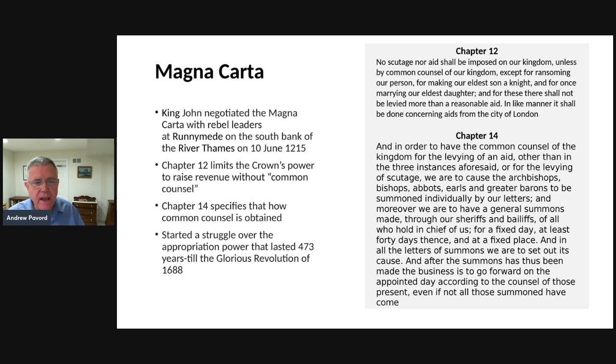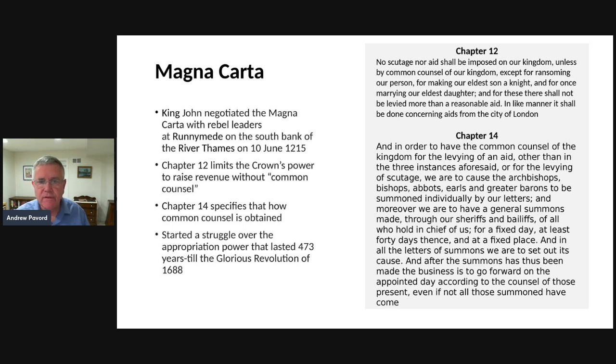King John and the lords and the nobles signed an extraordinary agreement that is really part of the cornerstone or the pillar or the foundation or whatever metaphor you want to use of English law and English liberty, the Magna Carta. Now let's look at two chapters in this famous document.